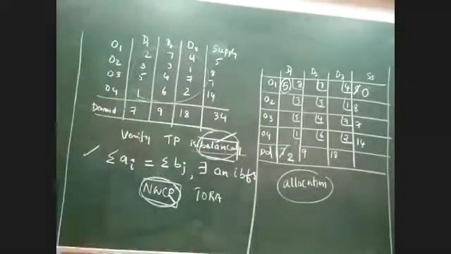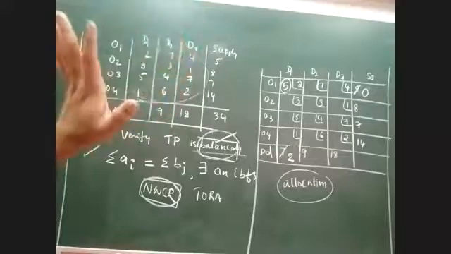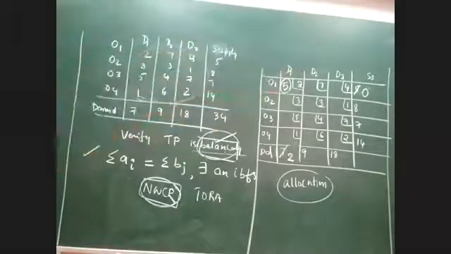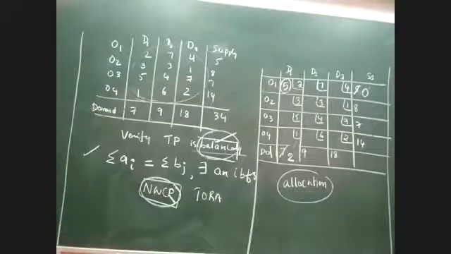Many people make mistakes here. What mistake do they make? You will do the allocations correctly, but you forget to subtract the values. This is very important. Please remember, whenever you do the allocation, after allocation, both in supply and demand, the values have to be changed. If you just continue, then the problem will go wrong.